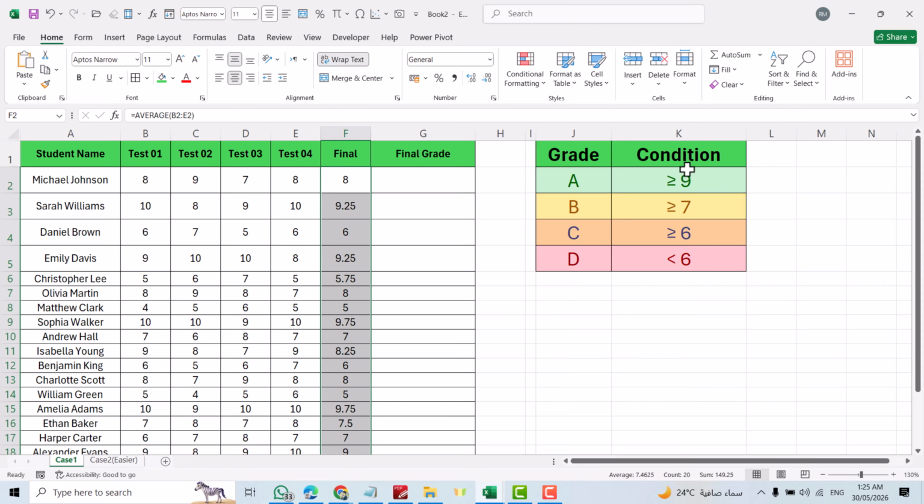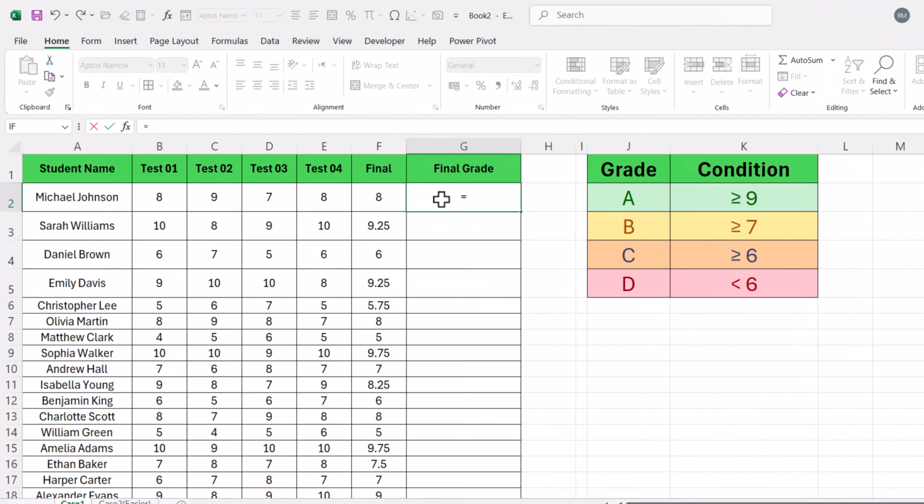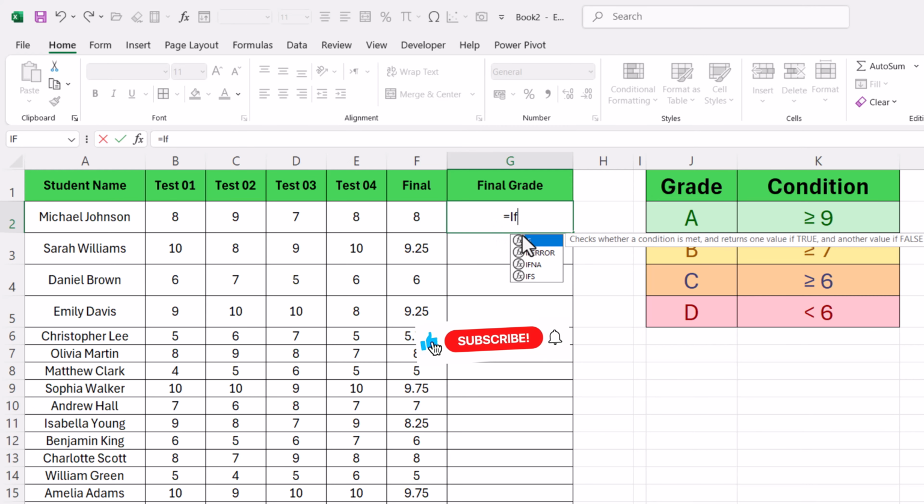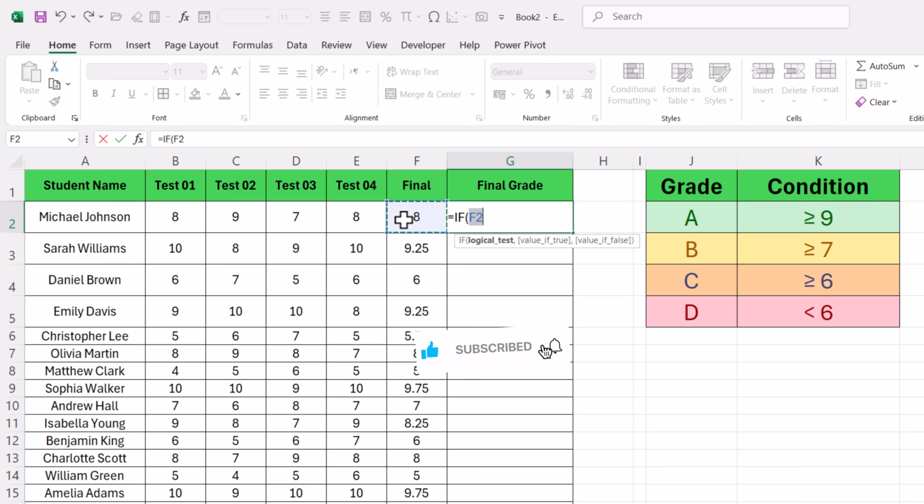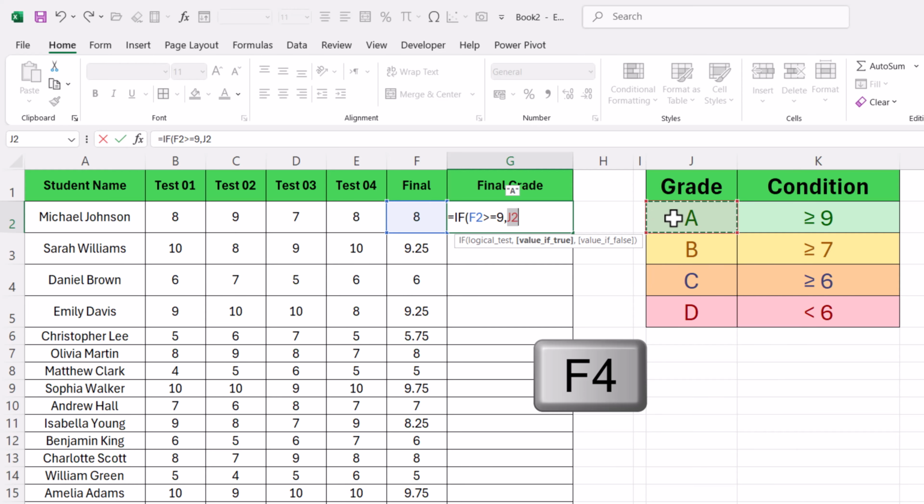Now let's provide grade letters. We have this condition: A for those who have equal or greater than 9, B for those who have greater or equal to 7, and so on. Just click here, equal sign, use IF. If F2 is equal to or greater than 9, comma, A, provide letter A and fix it by F4,